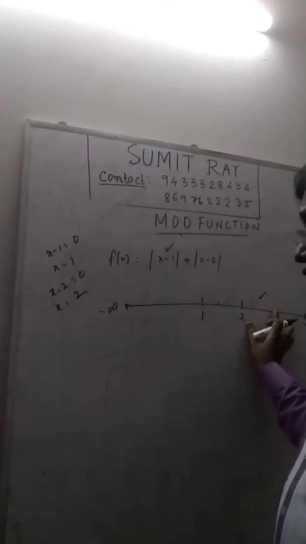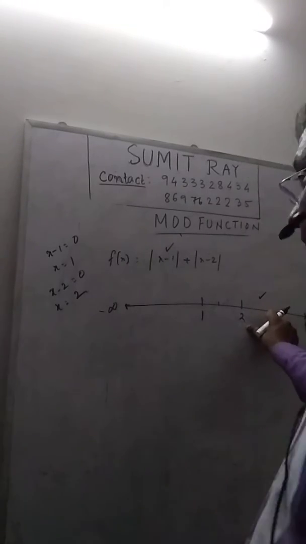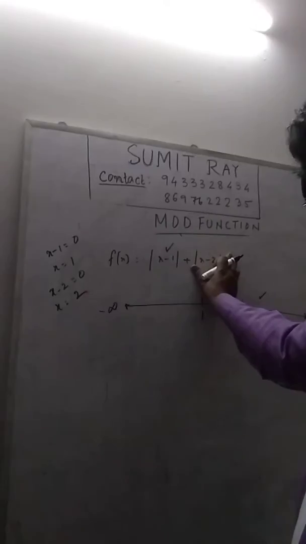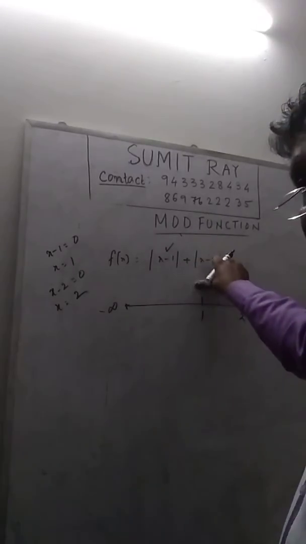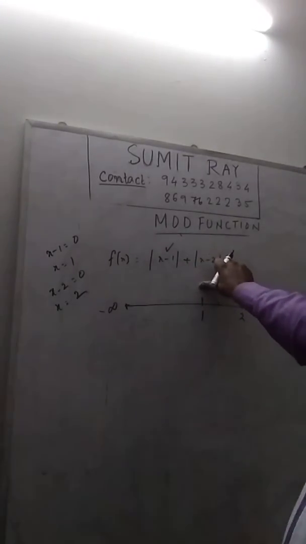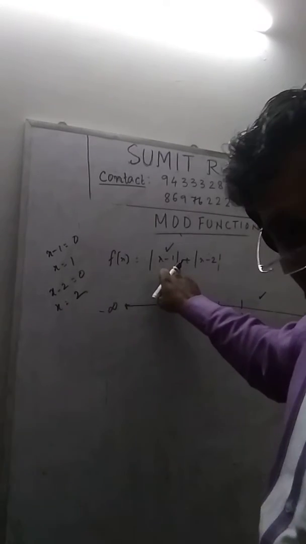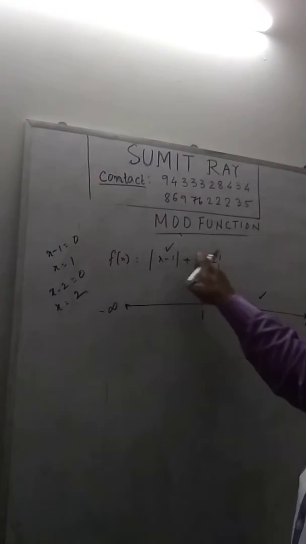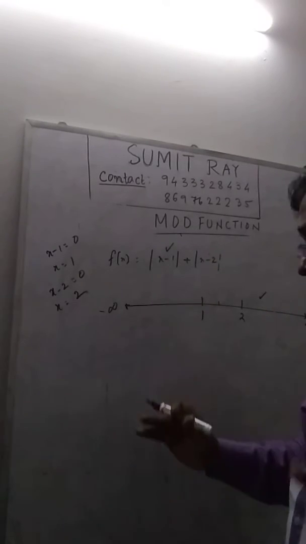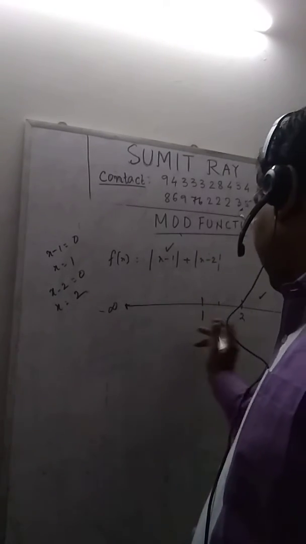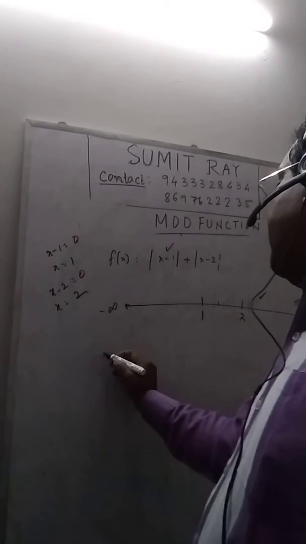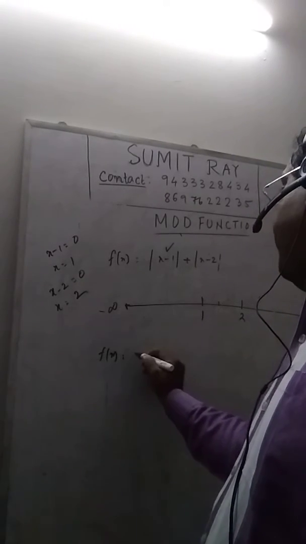The values of x being more than 2 means x minus 2 is positive, and if the values of x are more than 2, the values of x are also more than 1. So both x minus 1 and x minus 2 are positive. So for this interval 2 to infinity, we can say your f of x can be